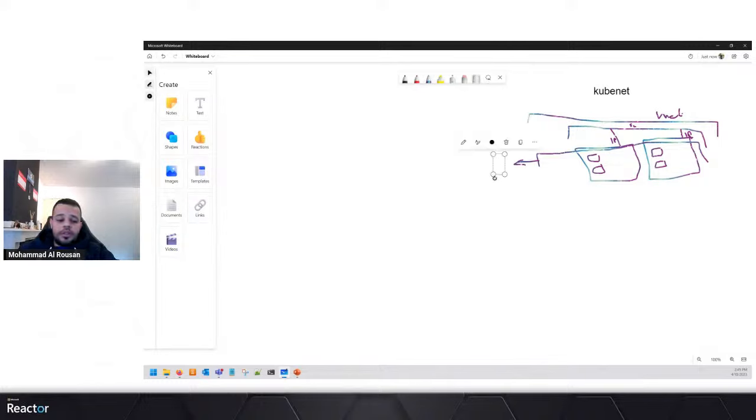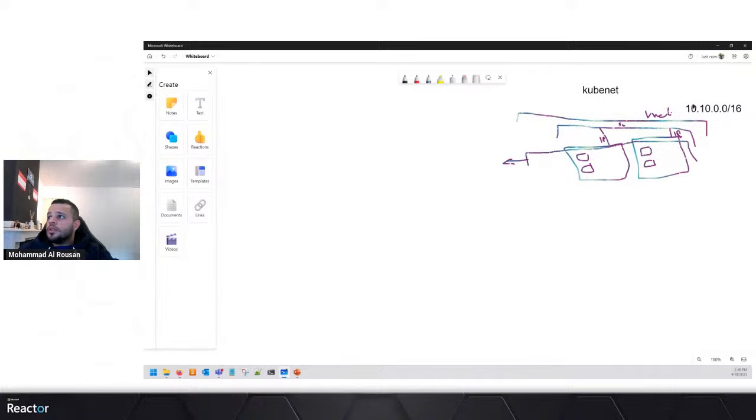So if we say that the range for the VNet is 10.10.0.0/16, then the range for the pods will be, for example, 10.244.0.0/16.